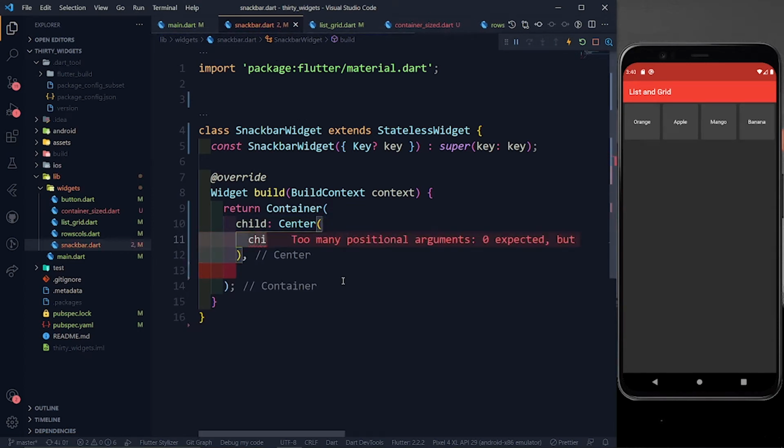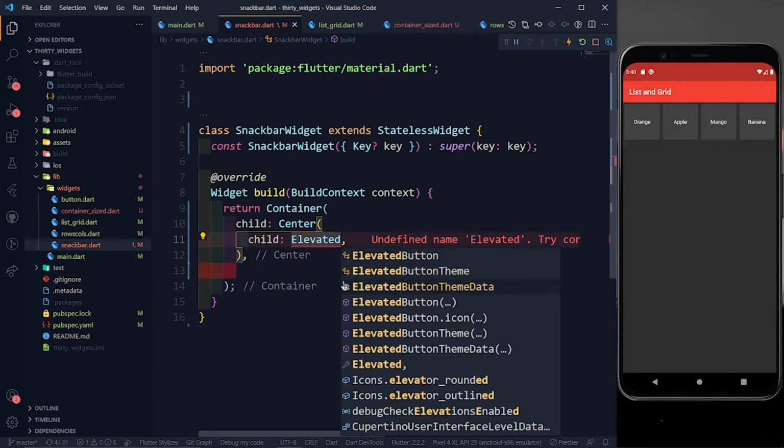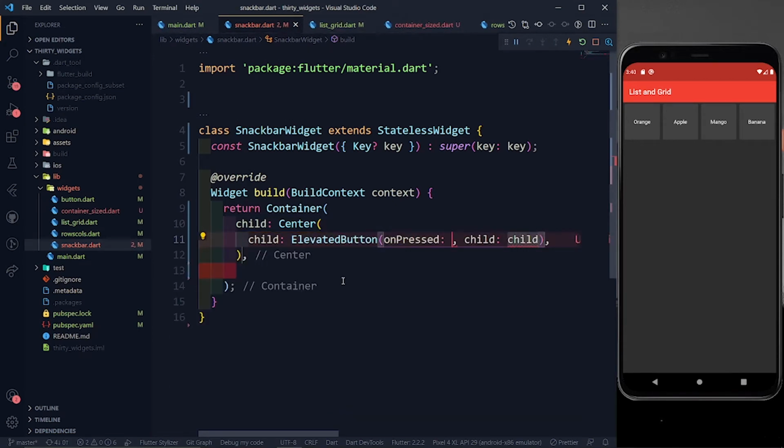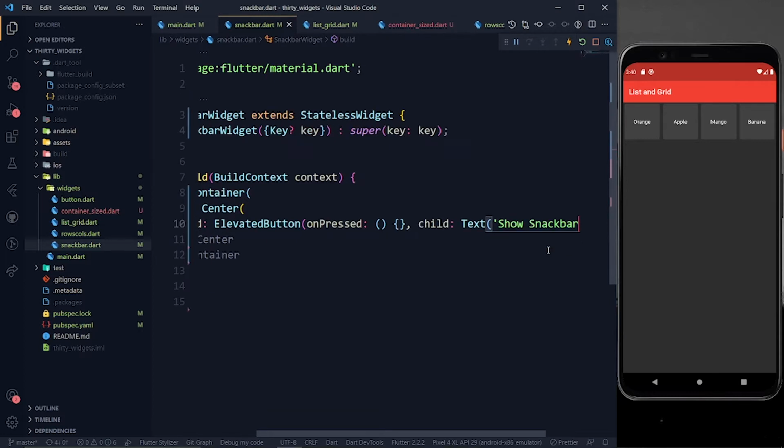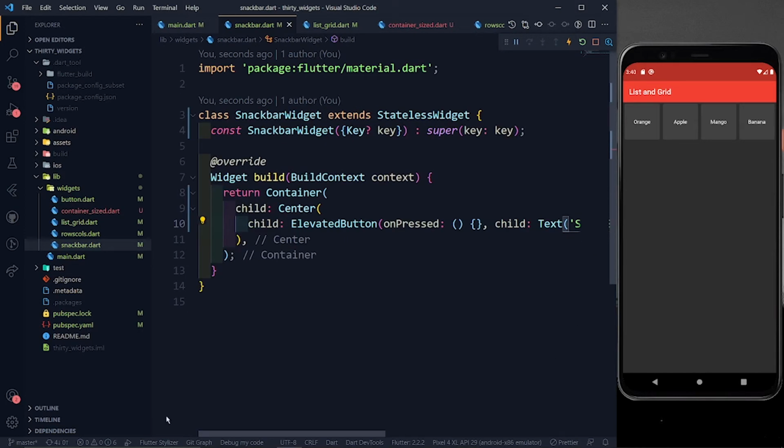So in the child I'll put a simple elevated button which is going to have the on press property, compulsory property, and it is going to have a simple child. So let's give a simple child as the text, and in this text I'm going to keep as show snack bar, right?